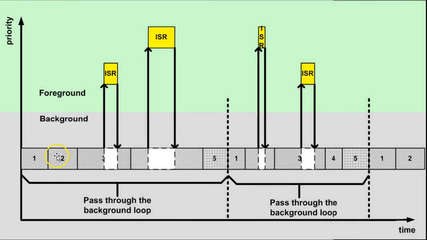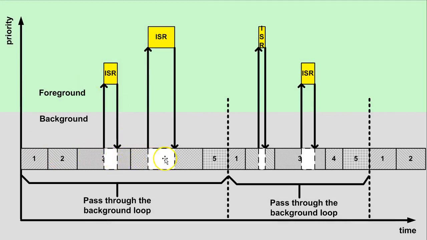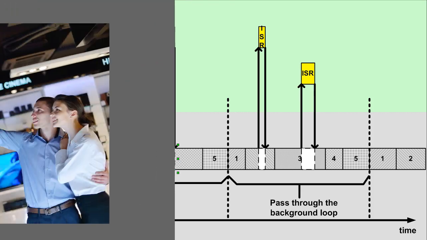The timing of the execution of the various functions called from the background loop is not well defined, because it depends on the time spent inside the loop that typically varies from one pass through the loop to another due to conditional branching in the code and interrupt activity. For these reasons, any operations with strict time constraints cannot be reliably performed by the background loop and must be pushed to the interrupt level, running in the foreground. However, this tends to make the interrupts longer and they might start to interfere with the background loop and with each other. Still, due to its simplicity, the Foreground-Background architecture is very popular in high-volume embedded applications, such as consumer